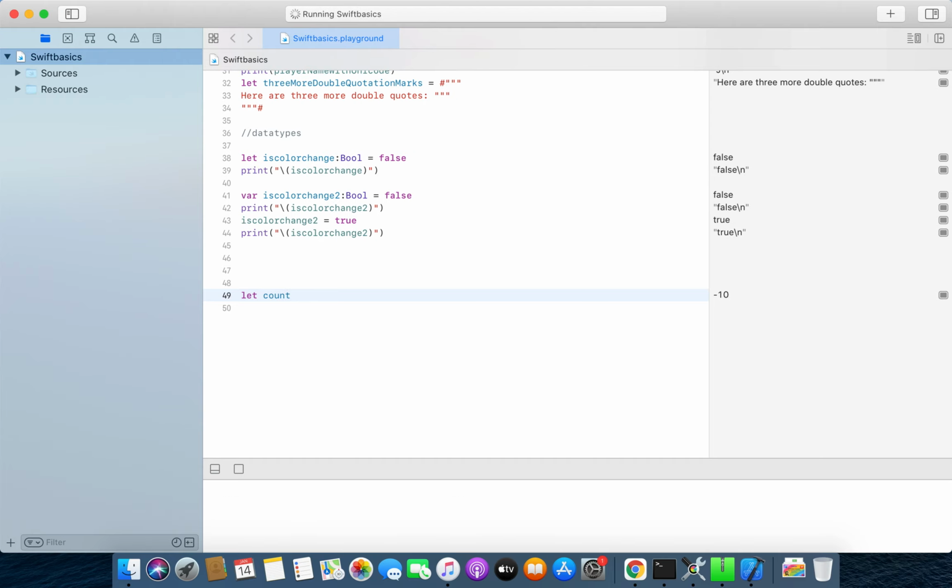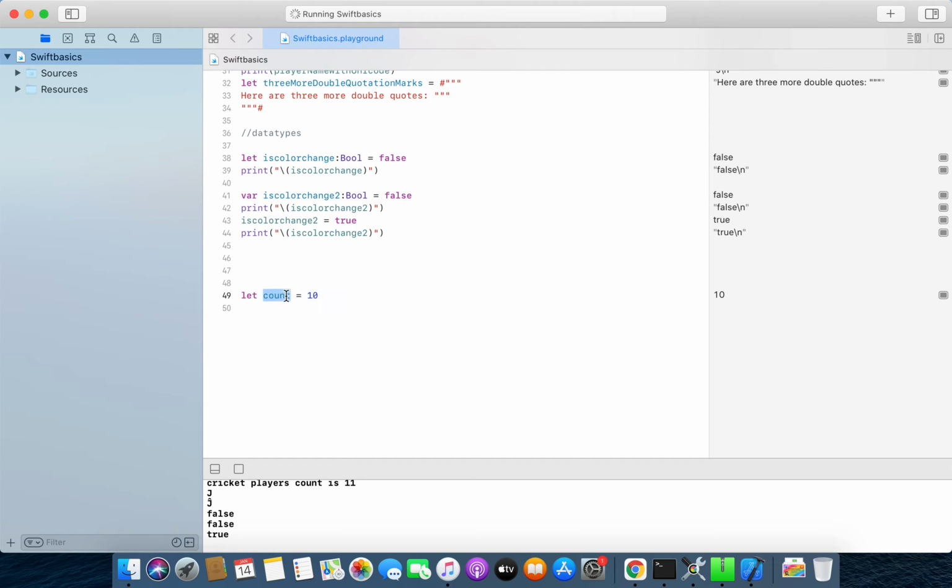and I will initialize the count with 10. Now here I am not declaring the data type, but Swift will infer the data type, and the data type will be taken as Int, because I have used an Int. Int is what? Int is a positive, negative integer or a 0 with no fractional component. This is an integer data type because I am using a whole number which is either positive or negative, or it can be 0.